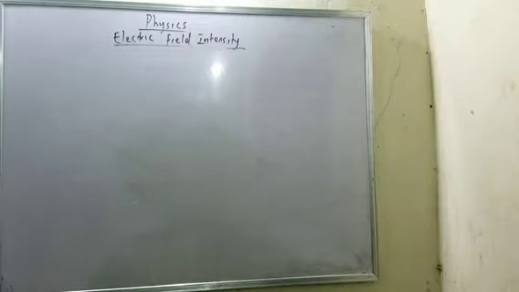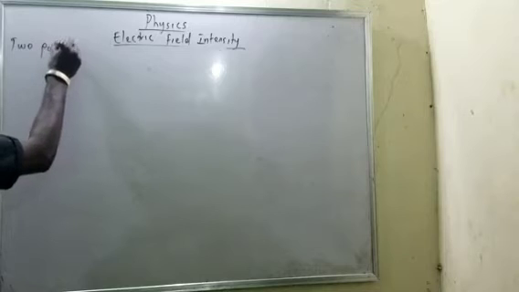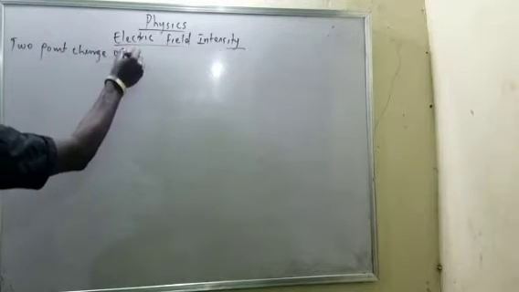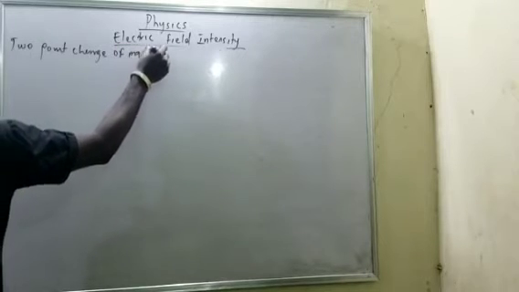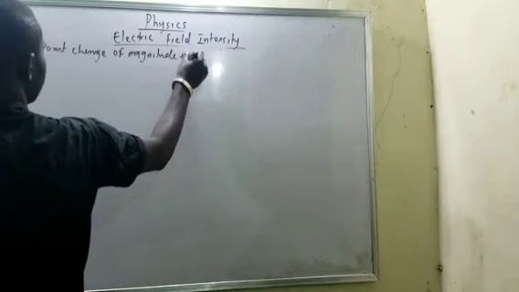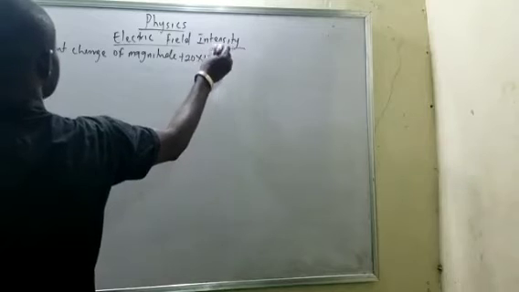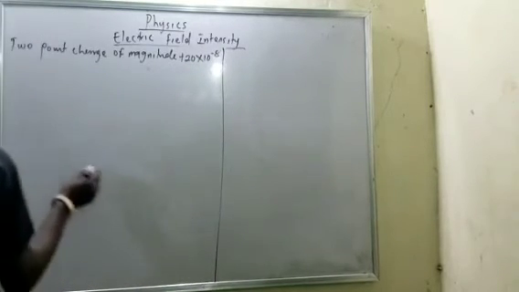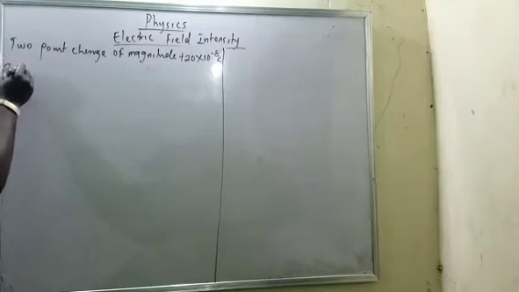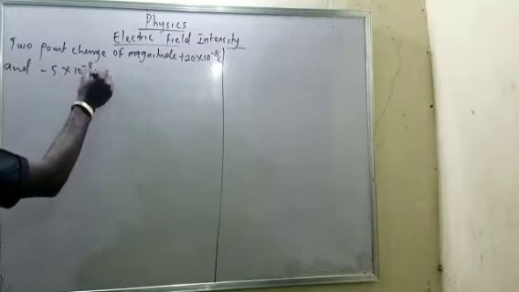I have another one. Two point charges of magnitude plus 20 times 10 raised to power minus 8 coulomb, and minus 5 times 10 raised to power minus 8 coulomb are